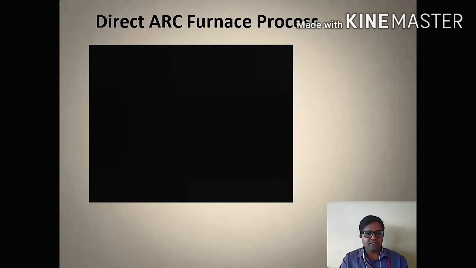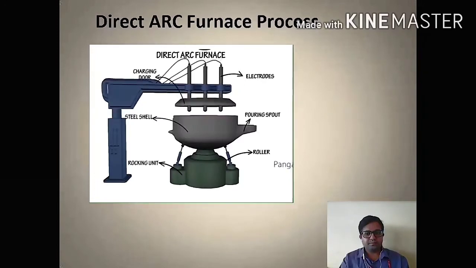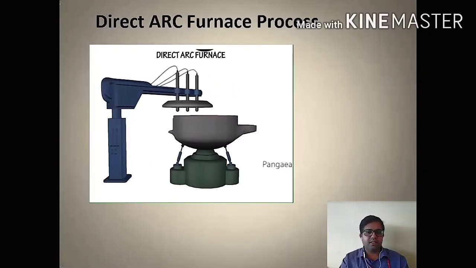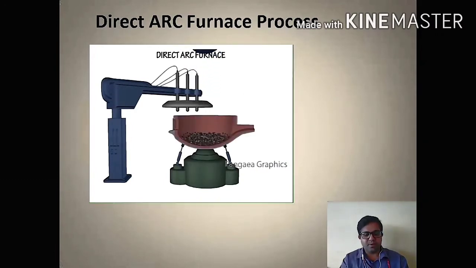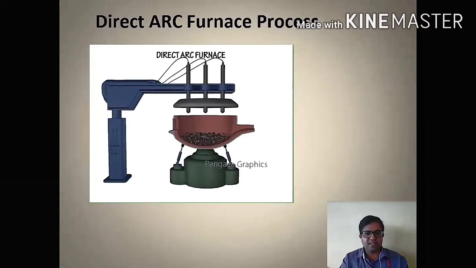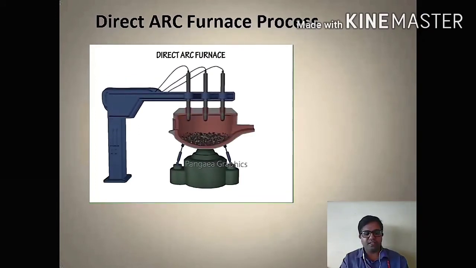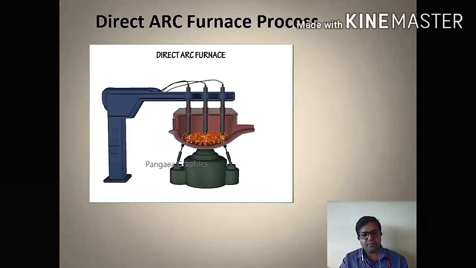Okay, now let us see the process behind direct arc heating. So here we are having a furnace like this, and inside this chamber we are going to use charges, and the charges will be poured inside the chamber, and these are the electrodes which we are going to insert inside the furnace. Okay, so at a certain period of time, what is happening now? Arc is created between the electrode and the charge.